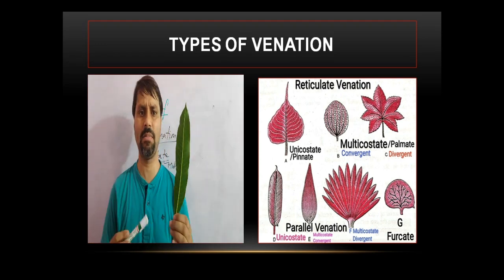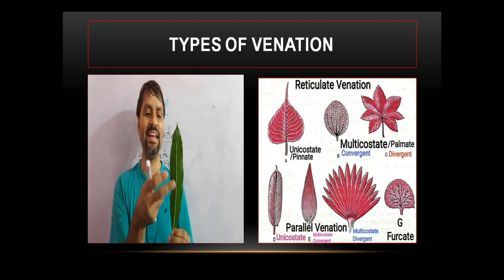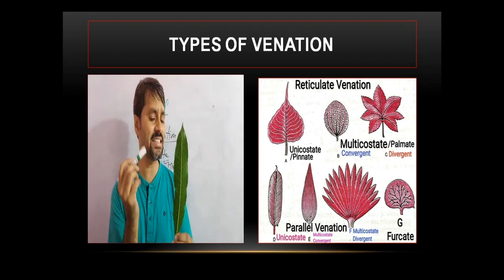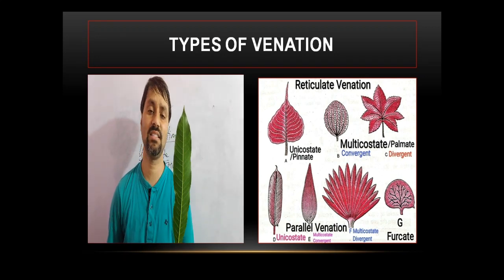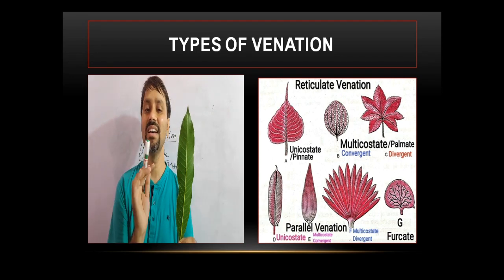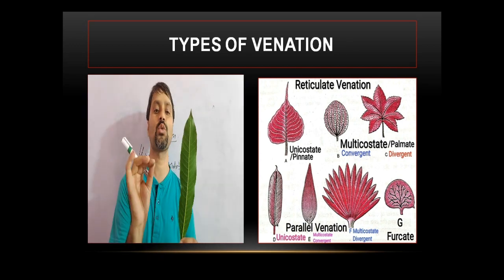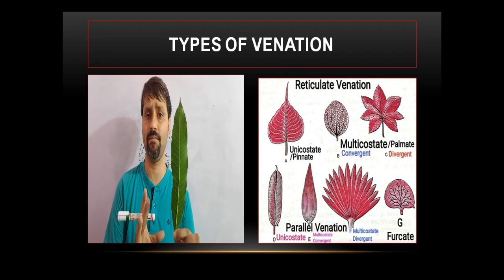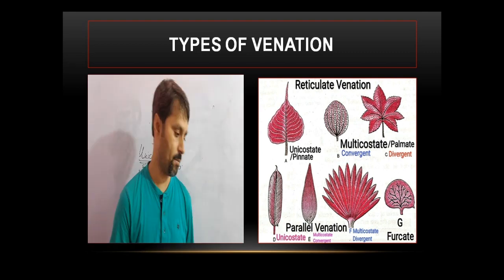See here, it is a live example, my dear friend. There is a single midrib from which many or several veins arise. From the veins, the veinlets arise, and ultimately they are forming a network. This is called the what? Say, it is called the reticulate venation. Which one? Unicostate or pinnate reticulate venation. Clear है? देखिए आपको स्टडी करना पड़ेगा फील्ड में जाके. मैं आपको एक्सपेरिमेंट भी करा रहा हूं, प्रैक्टिकल करा रहा हूं आपको साथ में. ओके, दिस इज क्लियर.